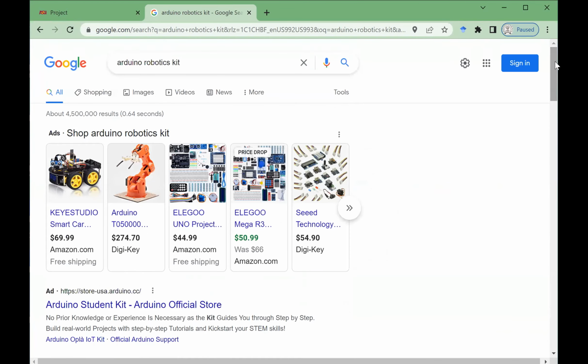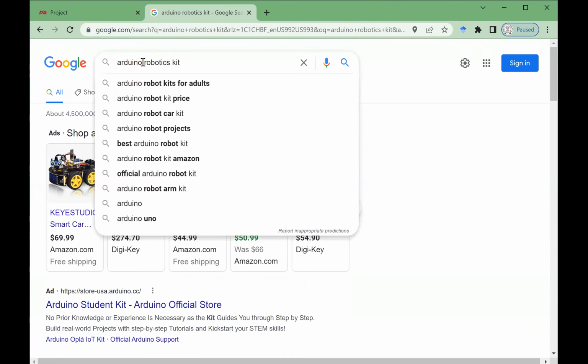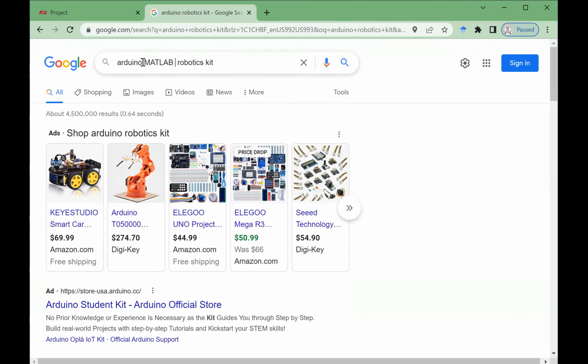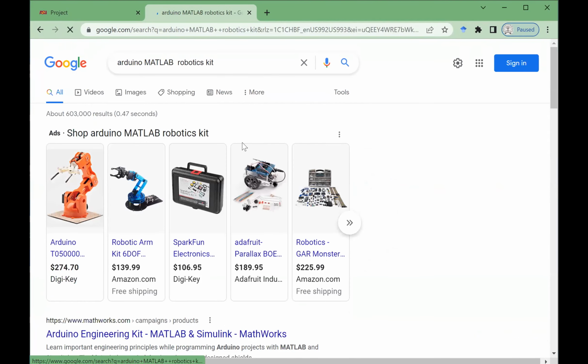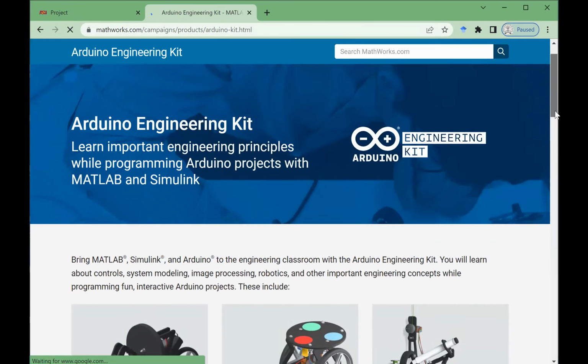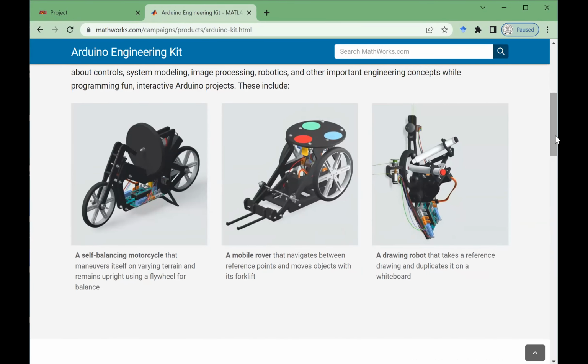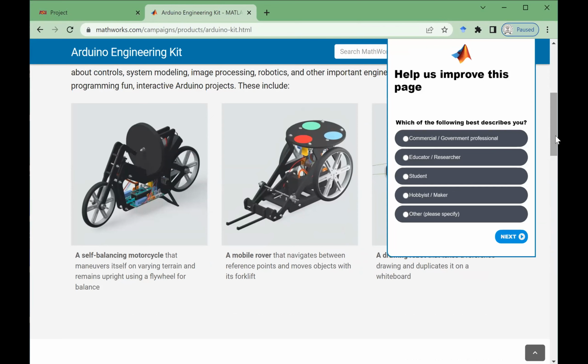So, Arduino Matlab Robotics Kit. Yeah, this is called Arduino Engineering Kit. This is the kit I got. This kit will allow you to build a self-balancing motorcycle, a rover, and